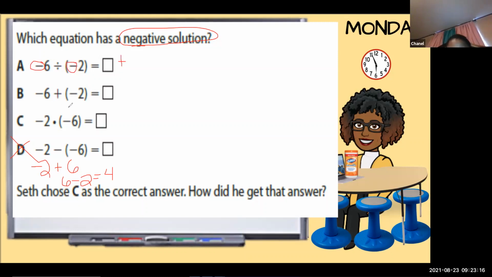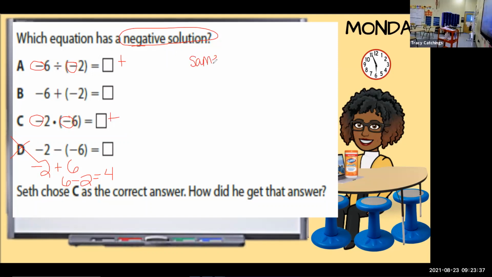All right, multiplying. 2 signs that's negative, so that means that answer will also be what? Positive. And so that's what I said earlier, those same signs, the answer is positive. This is with multiplying and dividing, and then those different signs, the answer will be